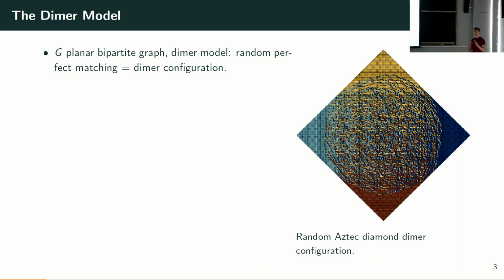And it turns out that there's a kind of limiting behavior happening here. So basically with probability 1, my picture is going to look like this. You always have a circle phenomenon occurring if you take a random one. When I say random, I mean out of all the possible dimer configurations, I uniformly pick one at random. This particular graph that I'm talking about here is called the Aztec diamond,